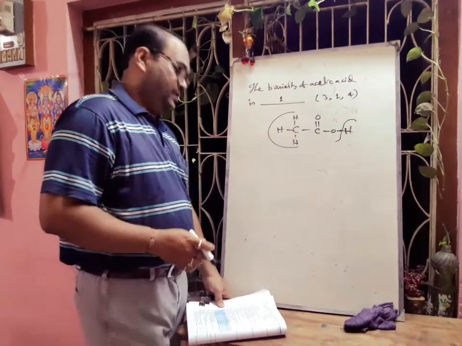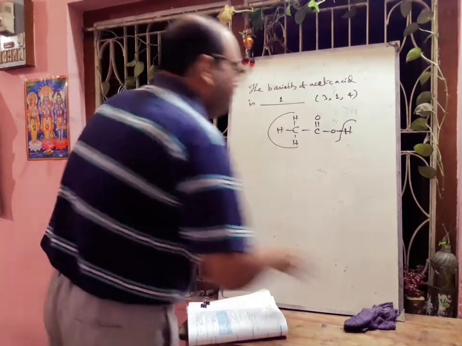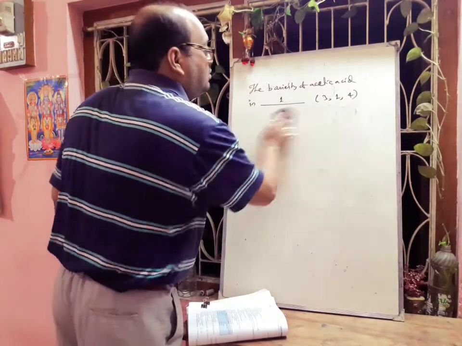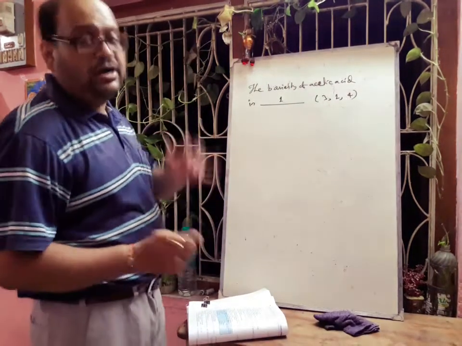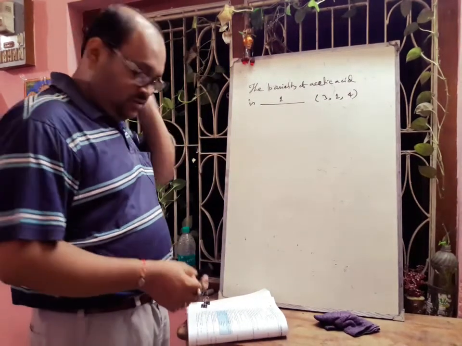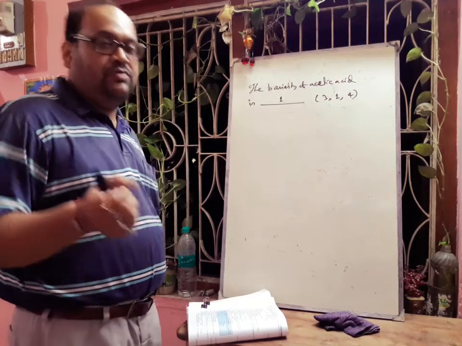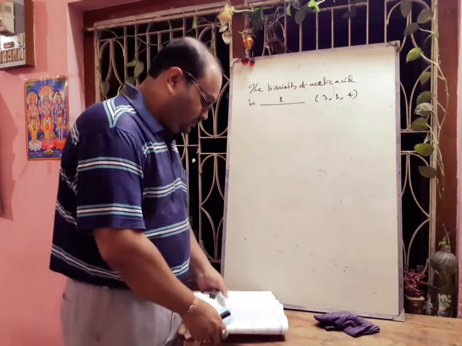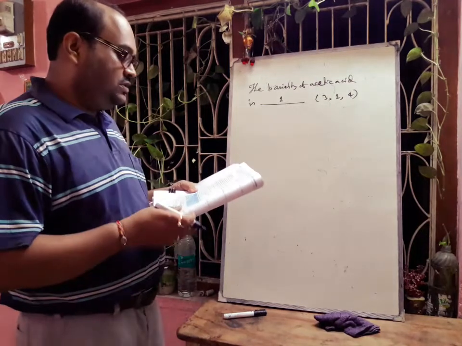That is why for the basicity of acetic acid, maximum students will write 4. Here you should not consider all the hydrogens, only the hydrogen that is attached with oxygen, because oxygen attracts the bonding pair of electrons towards itself, the bond becomes polar and it can break easily. Next question.